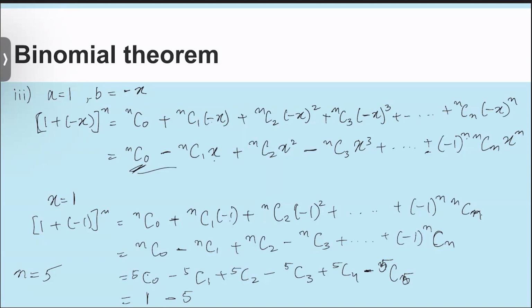Then 5C2, we have seen before, it is plus 10. 5C3 and 5C2 have the same value, so this will be 10. 5C4 and 5C1 have the same value, so this would be 5. And this will be your minus 1. So this becomes